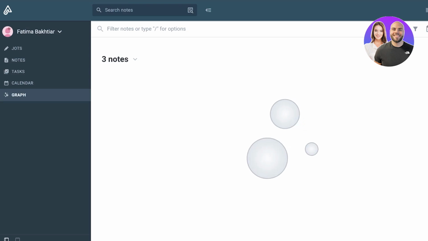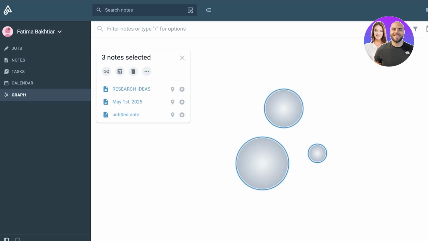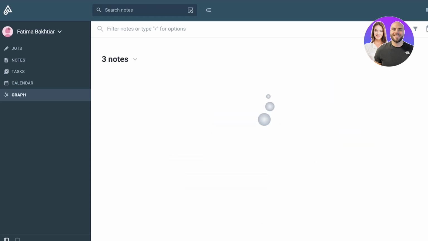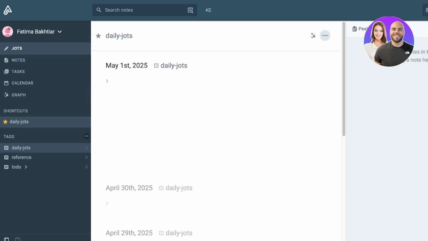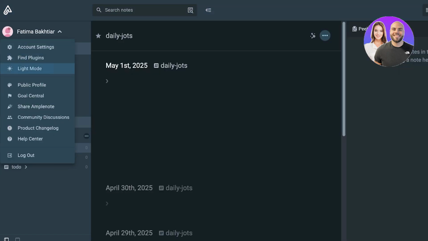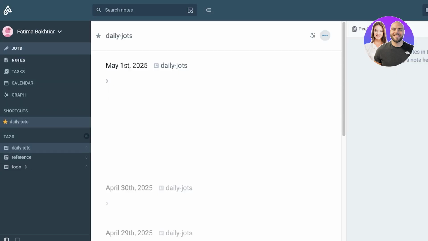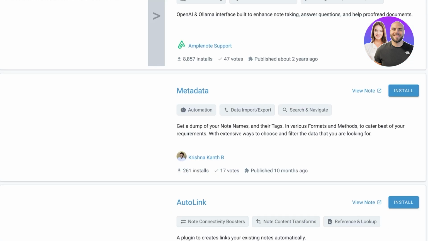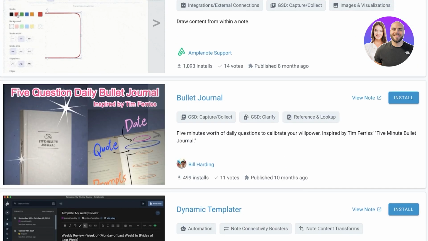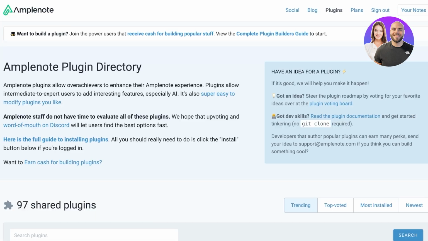Below that, you have a graph, and within your graph, you can view how many notes you have, whether or not they are linked together like so. If they are interlinked together, then you will see lines connecting these bubbles for a visual representation of your notes. Now from here, if we want to toggle the appearance of our Amplenote application, we can simply go on ahead and go into our top left, click on dark mode to change the modes. And if you are already using other applications that are going to boost Amplenote, you can go into the Amplenote plugins to add things like Ample AI, metadata, auto-linking, bullet journal, and many other applications to further boost the overall